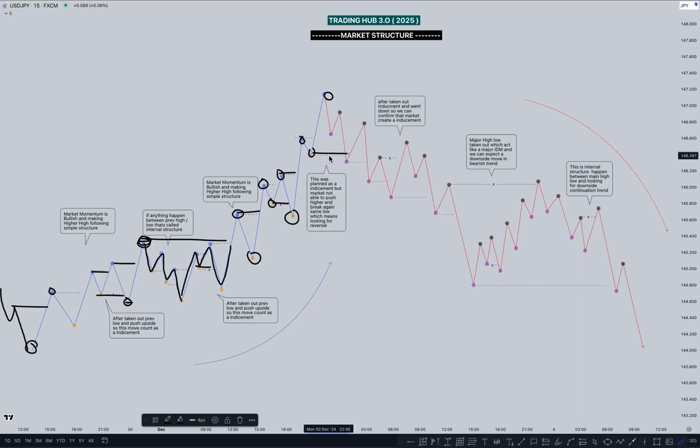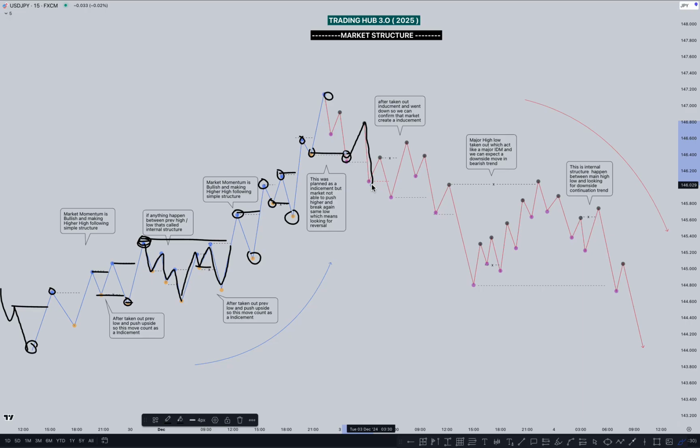But this inducement is only applicable if the market pushes higher, and then what happens: it breaks the structure, at least this one, takes a pullback and goes higher high. It means the market is looking for continuation. But right now we can see that after taking out this low, it again goes higher high but is not able to break the recent high, and again pushes downside. It means the momentum has changed from bullish to bearish,